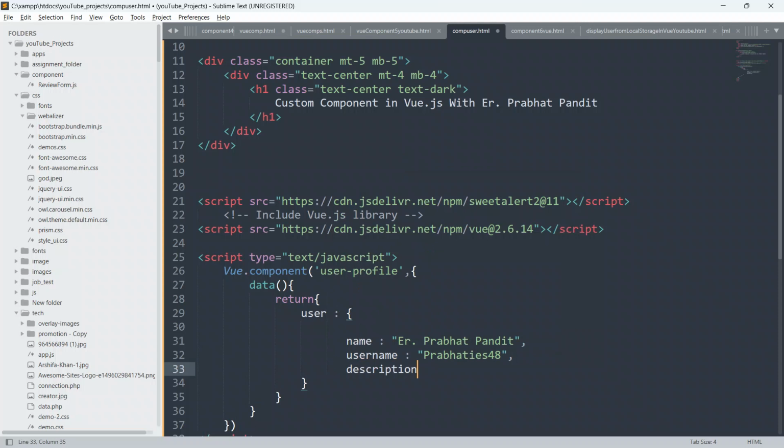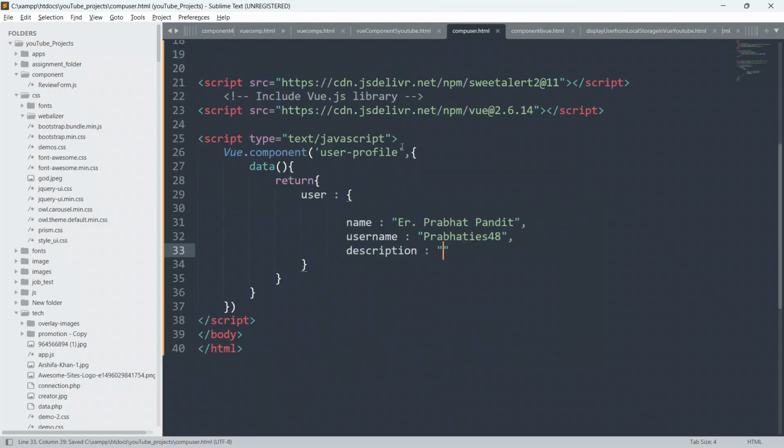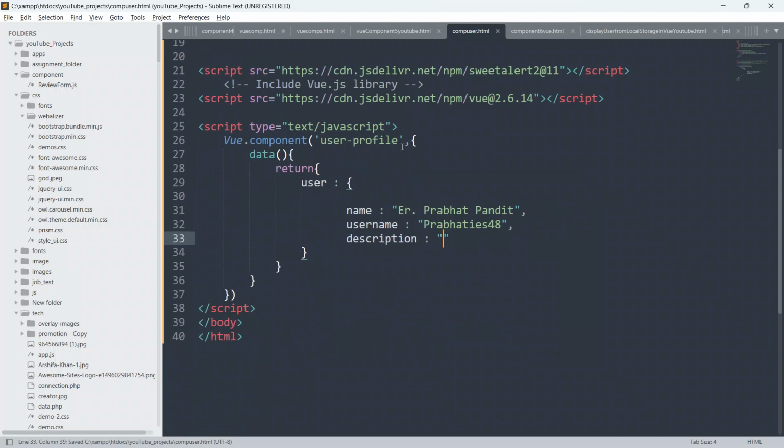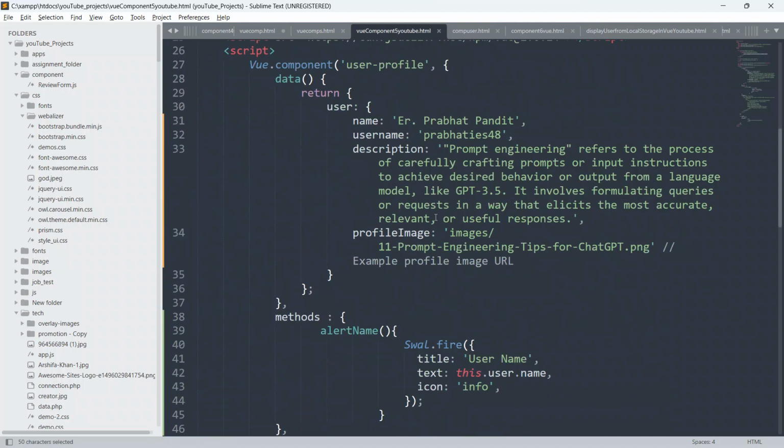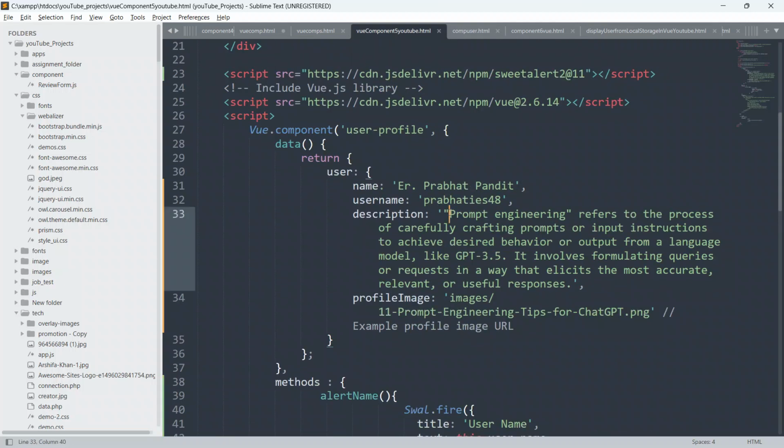Give description, put colon, and put double inverted commas. So I am going to the previous example just to copy the text from there, to save our time. Just go here, copy this text and paste it in your code.